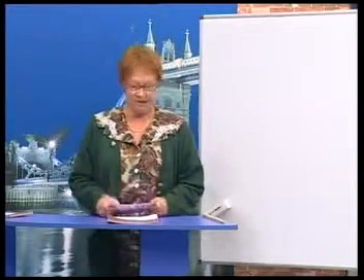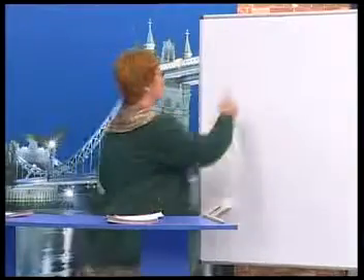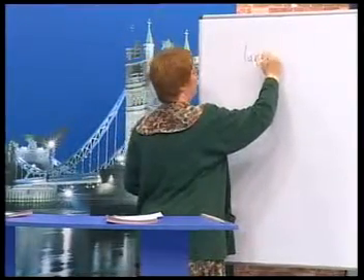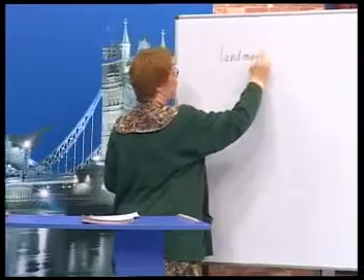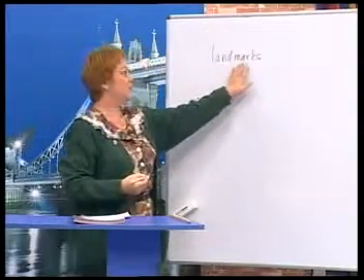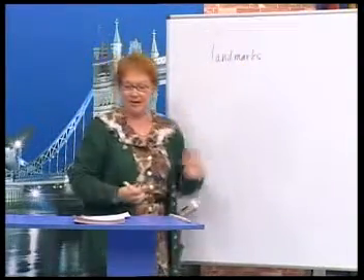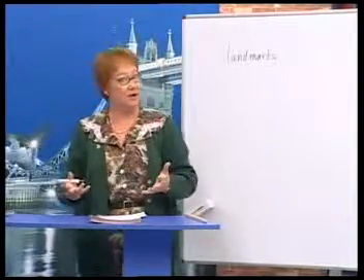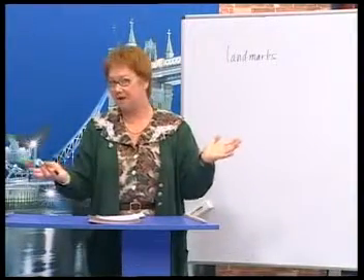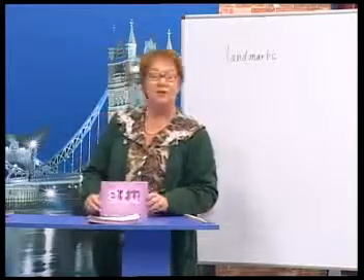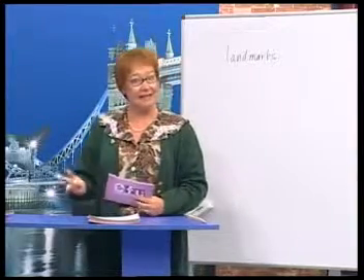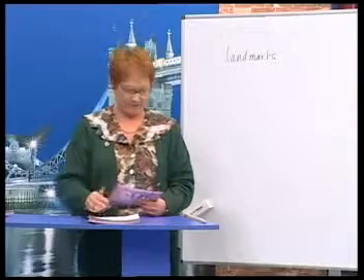Landmarks. Some natural features are special, so there's special kinds of geography. These are called landmarks. Landmarks. Okay? Landmarks. They're special places on the land. Now, some of them are famous. Everybody knows about them. And people often go and see these landmarks on their vacations.